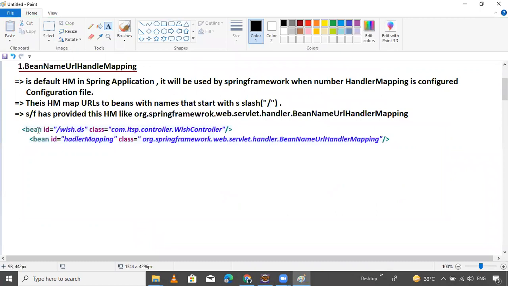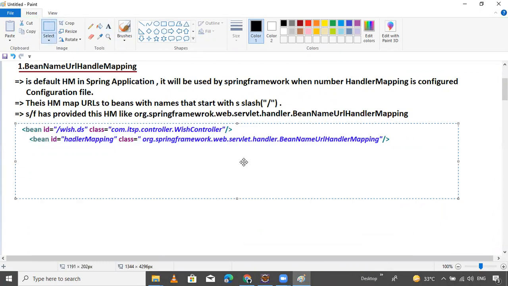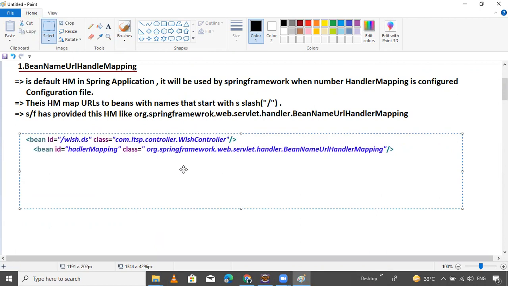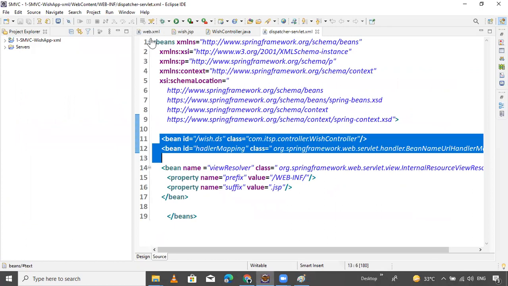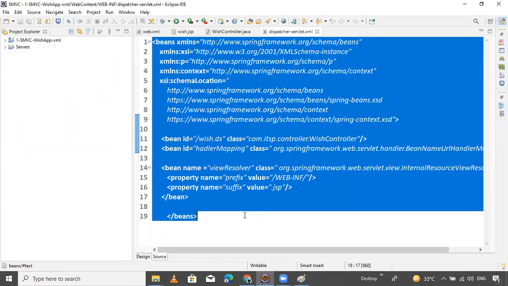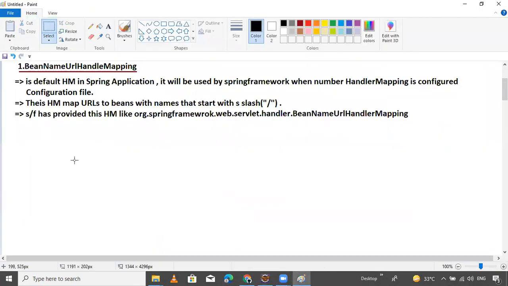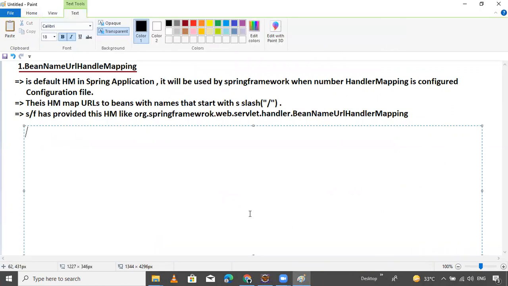Inside the bean tag, I want to paste the whole thing so you will get clarity while you read this content.